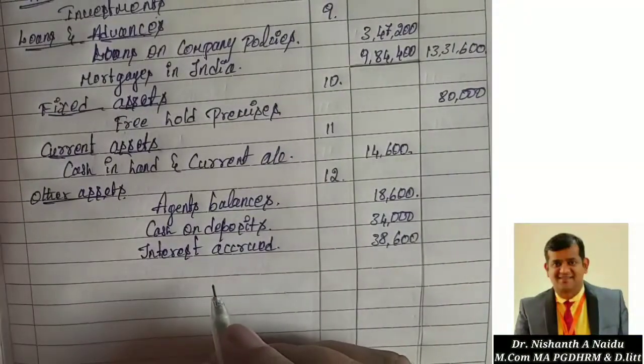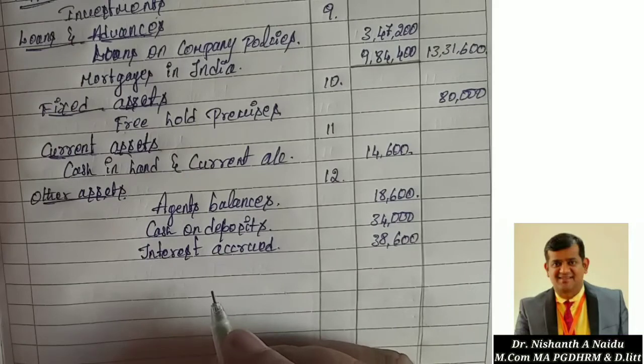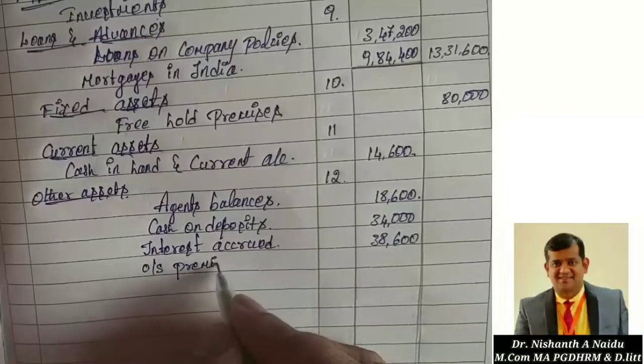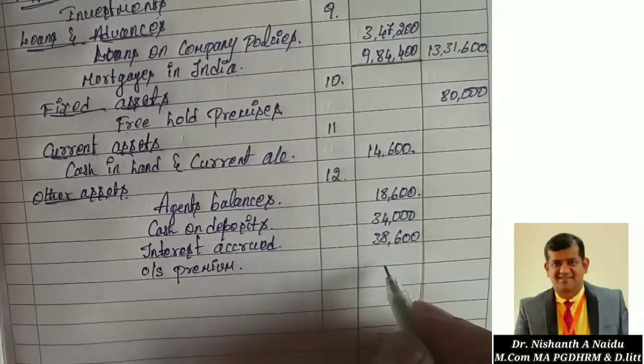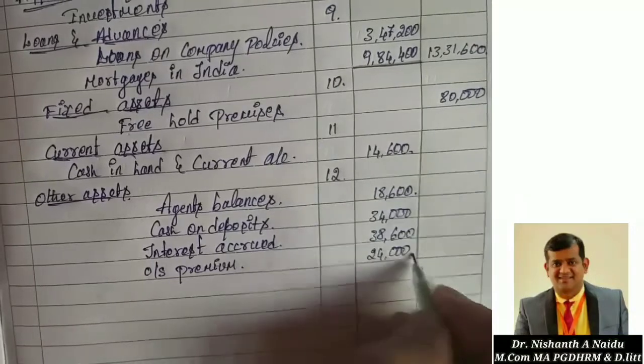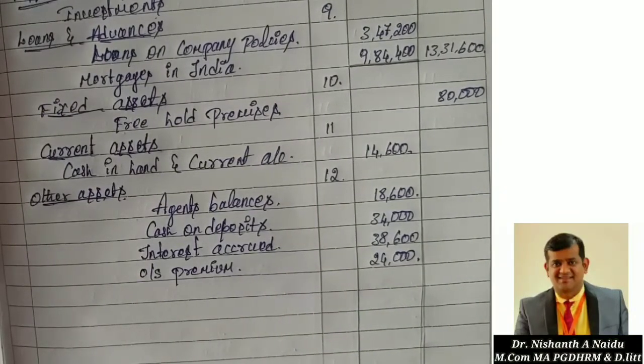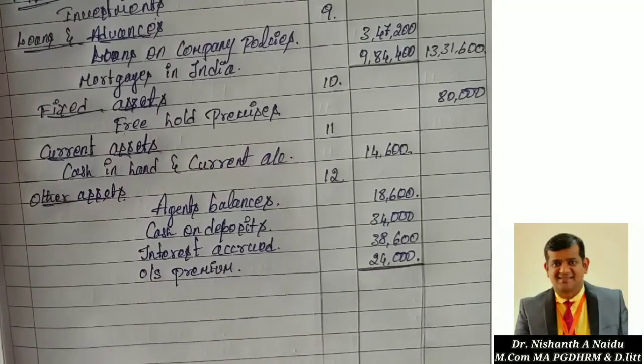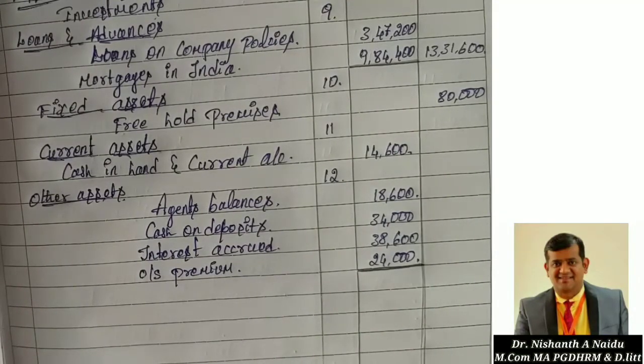Then you have one more item, outstanding premium, from the last adjustment, outstanding premium for the current year. So you should add that also, 24,000 rupees. I think that's all. I've taken all the items, so you can also cross check. So now total it. 14,600 plus 18,600 plus 34,000 plus 38,600 plus 24,000. So put together, 1 lakh